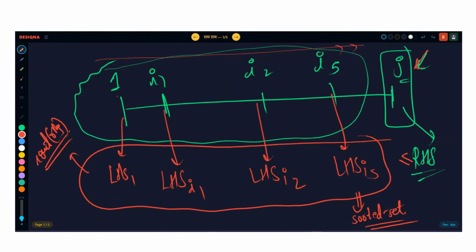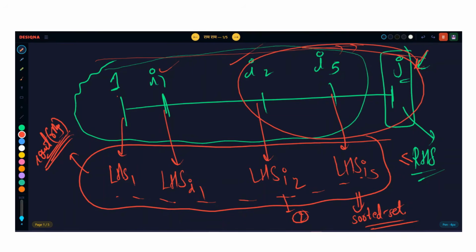Count of RHS query karoge, jhatke mein bata dega kaun kaun se bande hain idhar jo less than equal to RHS hain. Let's say two guys are less than equal to RHS, I1 and I2. It means we can form a valid subarray only from I2 to j and I1 to j because LHS I1 and LHS I2 were less than equal to RHS. You have to see things long term. Okay,